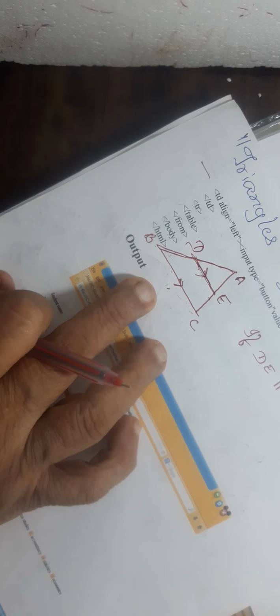If a line is drawn parallel to one side of a triangle, so I told you any side, I am going to draw now the other two figures. You should understand it. Here they have said one side, but it is not that one side only. That one side can be the other two, AB and AC also. To intersect the other two sides at distinct points, the other two sides are divided in the same ratio. These are the wordings that are given in your textbook.